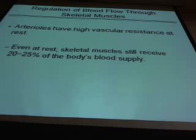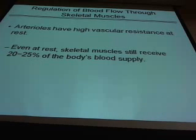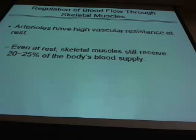That's why when the sympathetic system kicks in, fight or flight, it opens them up. And to do that, it has to shut down other areas because you don't have enough blood. If it didn't do that, your blood pressure would drop and you would just faint. And be saber-toothed tiger food,